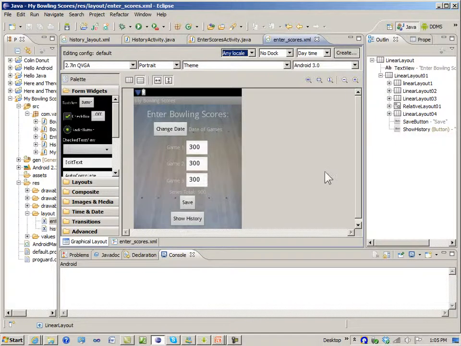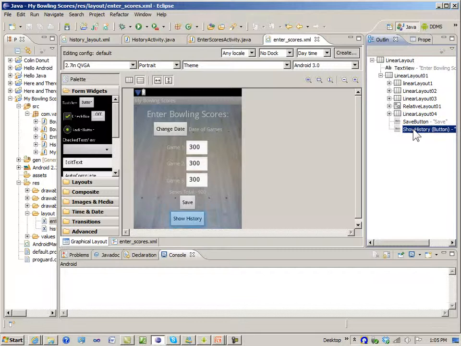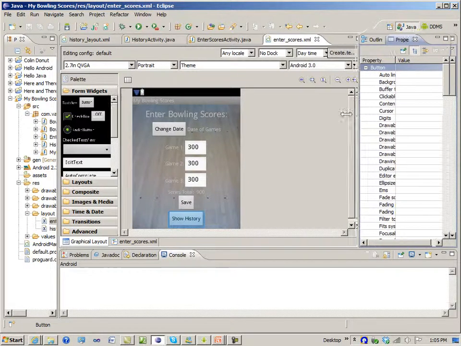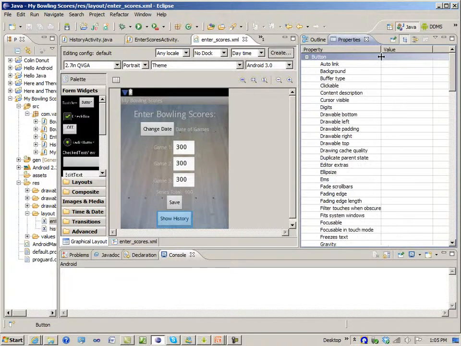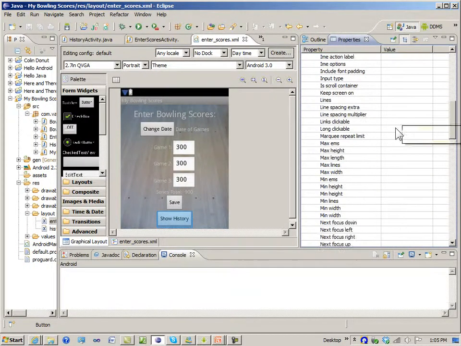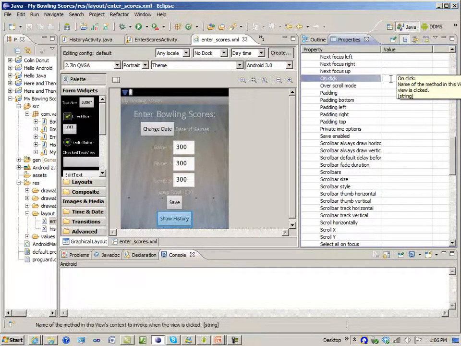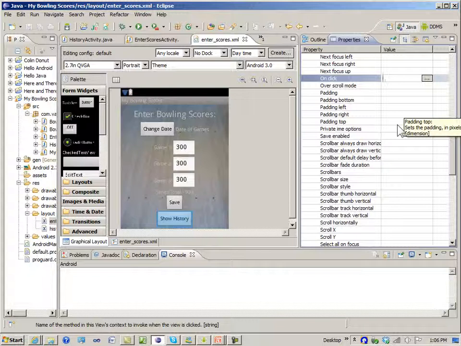Oh, sorry about that. I hadn't clicked on graphical layout. Okay, so the Show History button is the one that we're interested in right now. And if we look at the properties of the Show History button, the on-click doesn't have any method associated with it, so I'm going to add the property there,